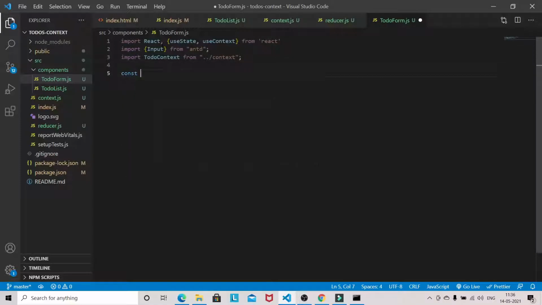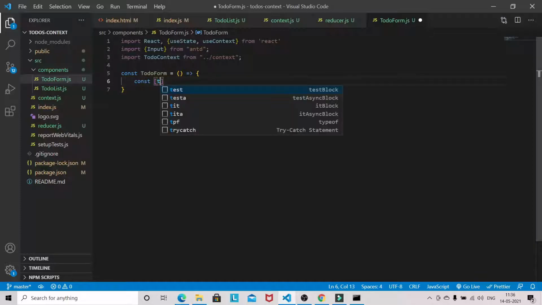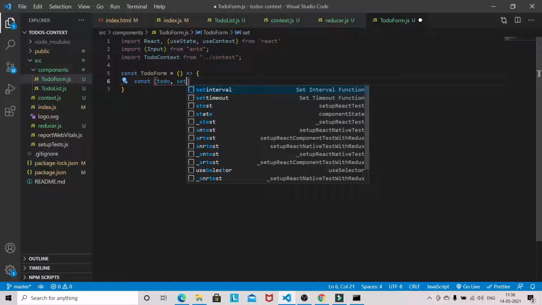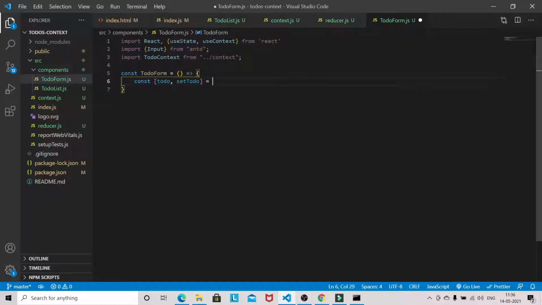Now on to do form, const to do, so the initial state will be defined.